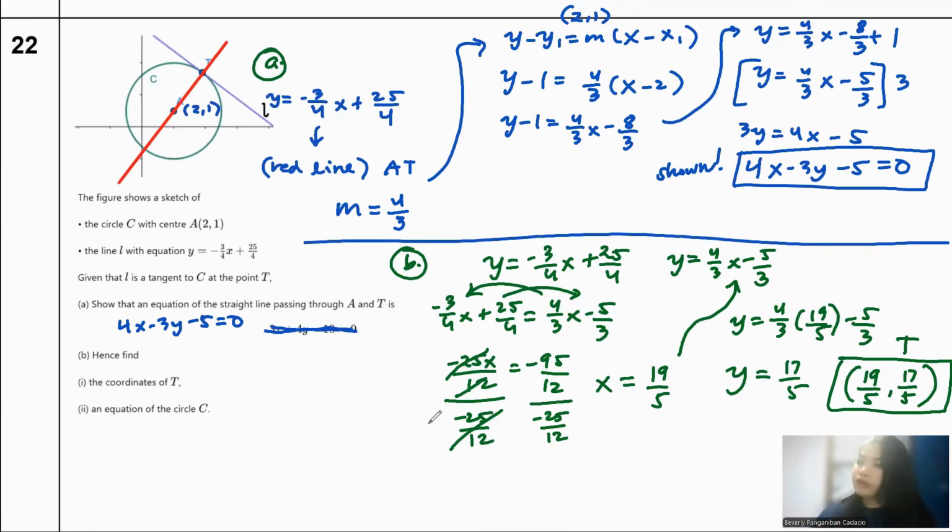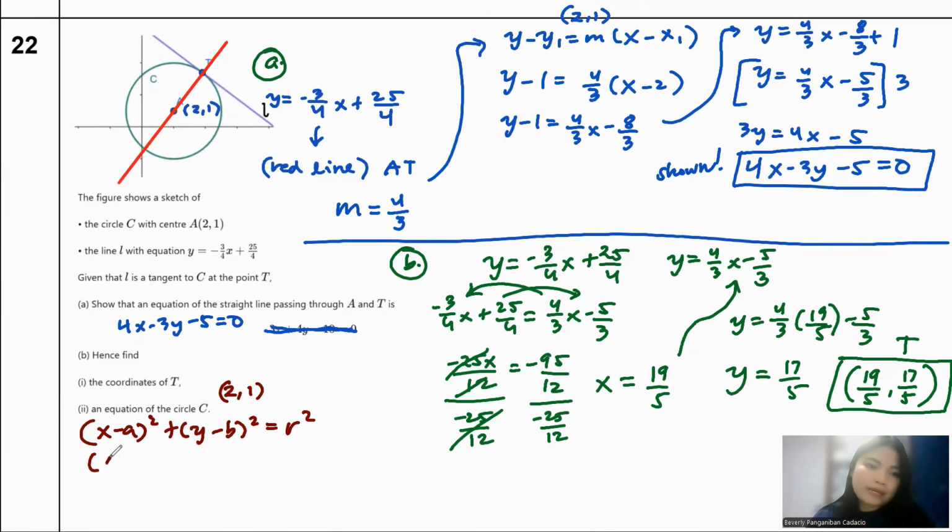Coordinates of T. Okay, we're not yet done because of the equation of the circle, but this one will just be easy and you can do it because everything is already given on the top. An equation of the circle C, which is x minus a, again squared, plus y minus b squared is equal to r squared. x minus a, what will be the center? You know that the center is (2, 1). Please make sure to know what points you are going to use.